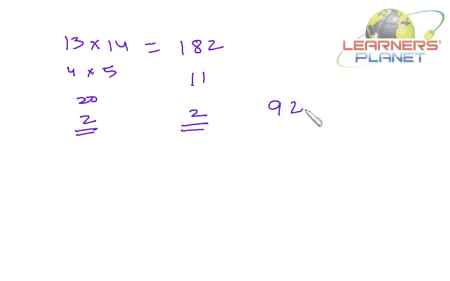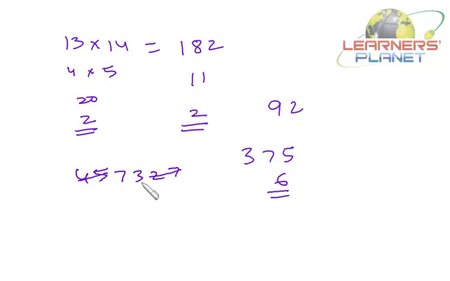Suppose I have 92, the digital root will be 2 only. I don't have to add 9 plus 2, then it is 11, then 1 plus 1 it is 2. Okay, suppose I have 375, then the digital root will be 7 plus 5, 12, and 3, 15, that is 6. Okay friends, and you can even skip 9s, as in this example 4 5 7 3 2 7. I deduct 9, I deduct 9, what I am getting is 10, that is further 1 more than 9. So the digital root of this, that is 4 5 7 3 2 7, is 1. It's as simple as that.